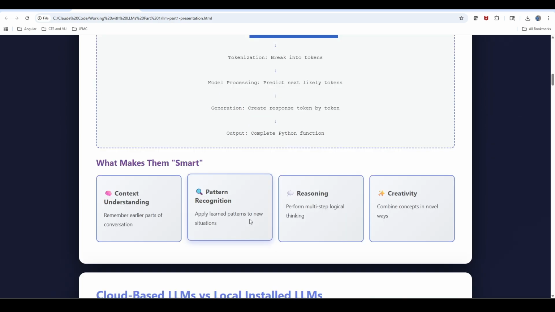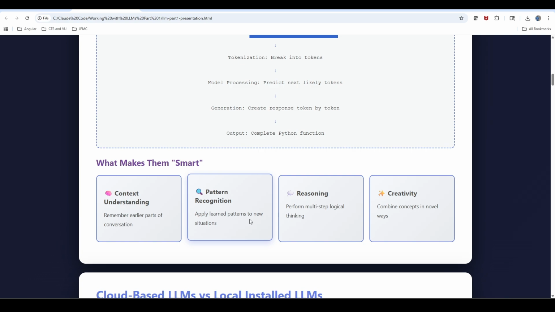What makes them smart, right? For example, as we discussed, if you train on more data, the model will become smarter. So it depends on how much data you are feeding, and how many different, varied data sets you are able to feed. That's how a model can be smart, right?